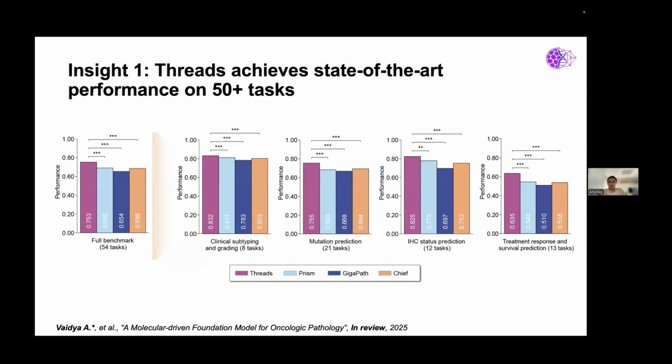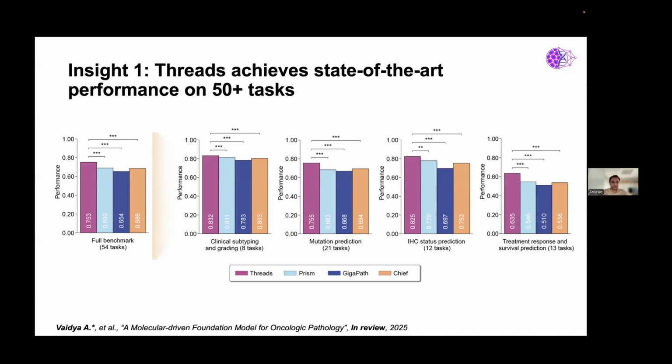Coming back to Threads, for the rest of this talk, I want to share about 5 to 6 different insights that Threads allows us to get. The first insight is that we're able to achieve state-of-the-art performance on 50 plus tasks using Threads and just a logistic regression model. So we're only training a classification head rather than an end-to-end ABMIL or any other